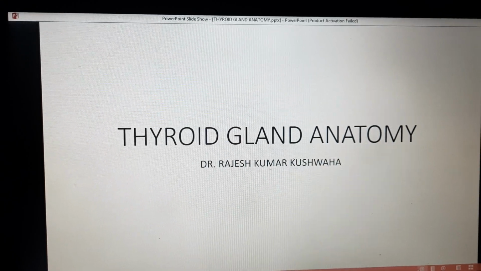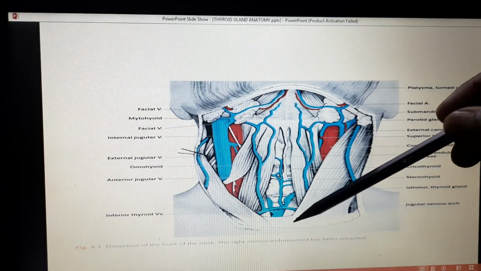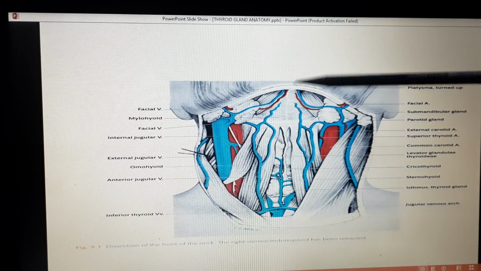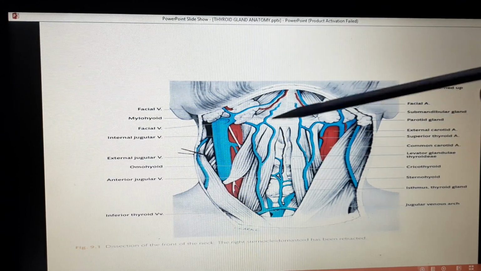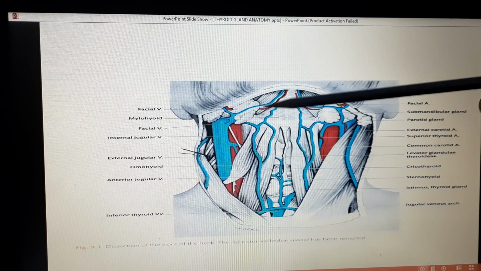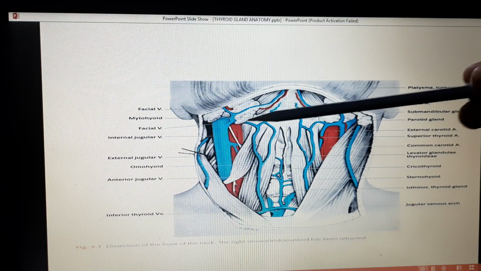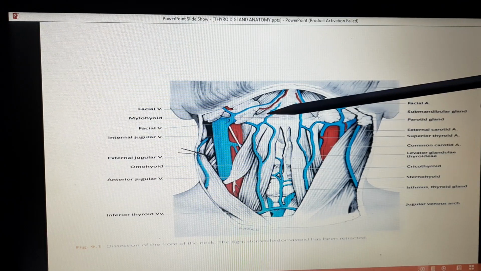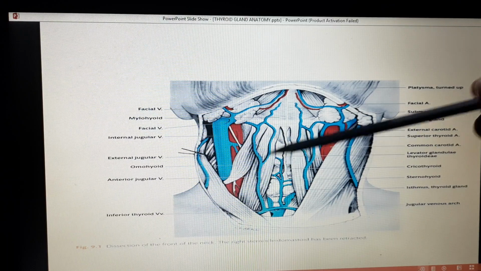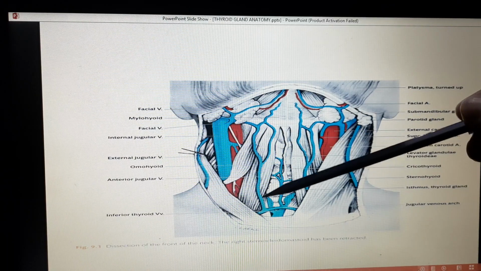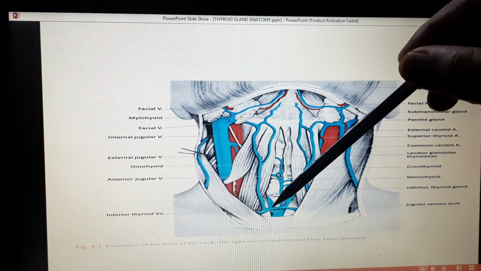So today we study the thyroid gland anatomy. If we remove the skin, then we get into the superficial fossa, and in the superficial fossa we find the anterior jugular vein. The anterior jugular vein is formed by the union of some mental veins and some unnamed veins, and runs vertically downwards 1 to 1.5 centimeter lateral to the midline, and at the lower region it pierces the investing layer of deep cervical fossa